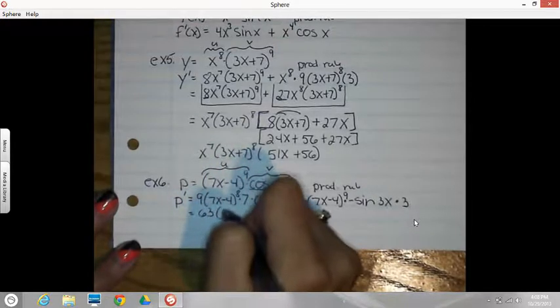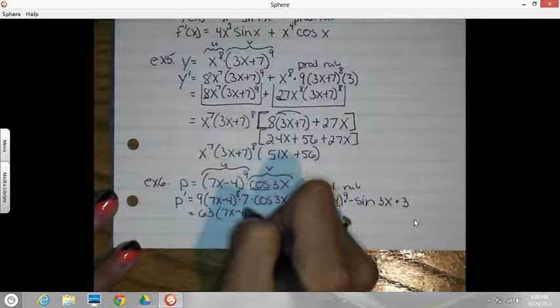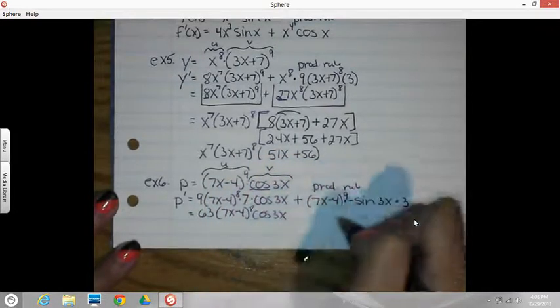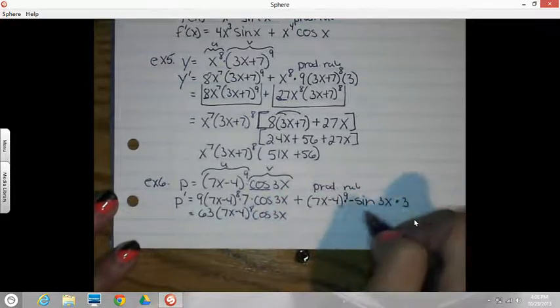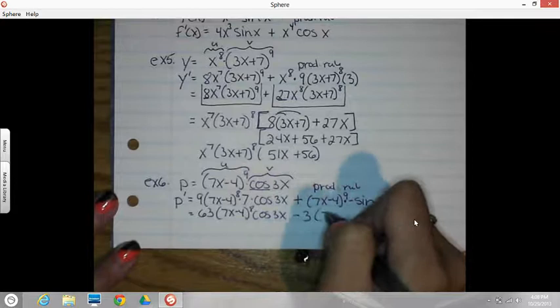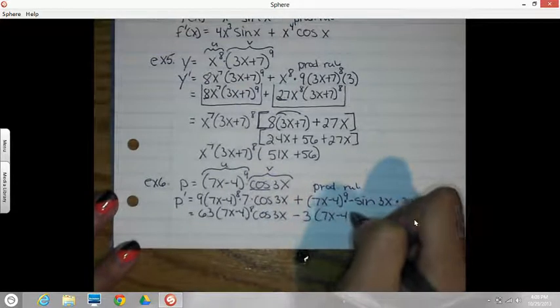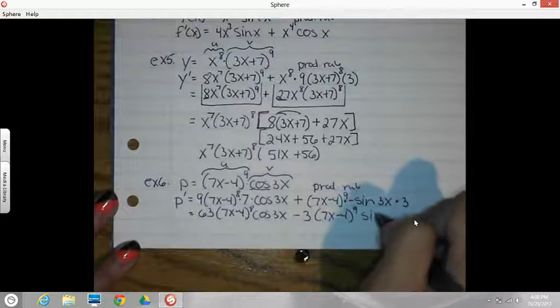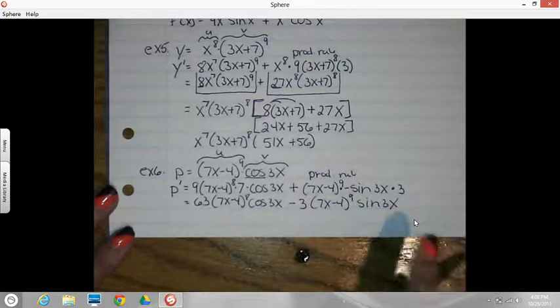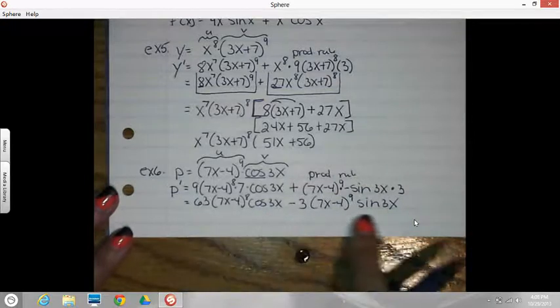This quantity is still here. Here we're going to have a 3 times a negative 1, so it'll be minus 3, 7x minus 4 to the 8. And I believe the author's going to leave the answer here, so when you're checking,